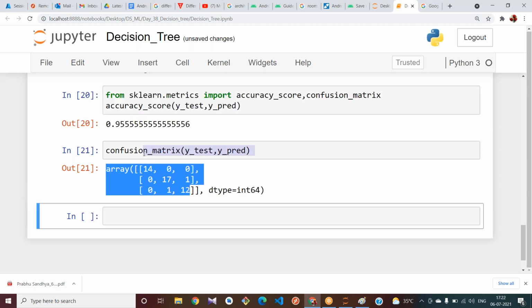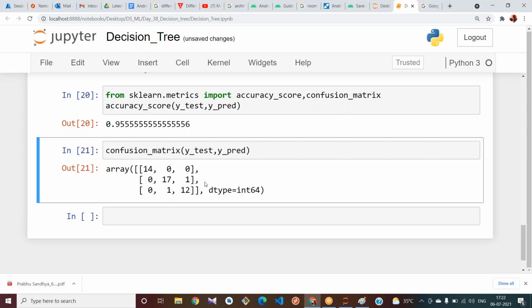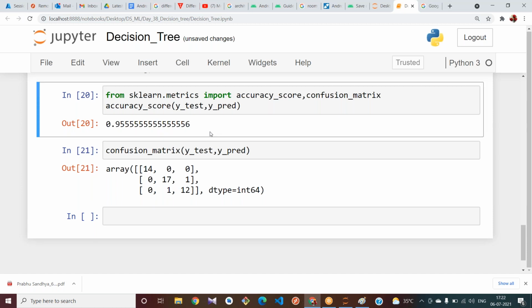These are the confusion matrix values. See, we got only two wrongly predicted values. The rest of them are correct. I got the accuracy as 95.